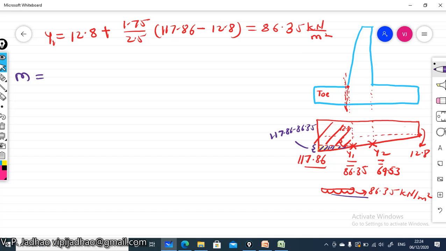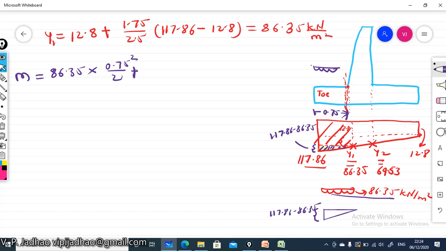So for this, the bending moment M is equal to the bending moment due to the UDL of 86.35 kilonewton per meter square. Because this is a cantilever, it will act like a cantilever, therefore the bending moment will be WL square by 2, therefore 86.35 into 0.75 square divided by 2, plus the bending moment due to this triangular pressure, which is 117.86 minus 86.35. So half into base 0.75 multiplied by 117.86 minus 86.35, and it is acting at a distance 2 by 3